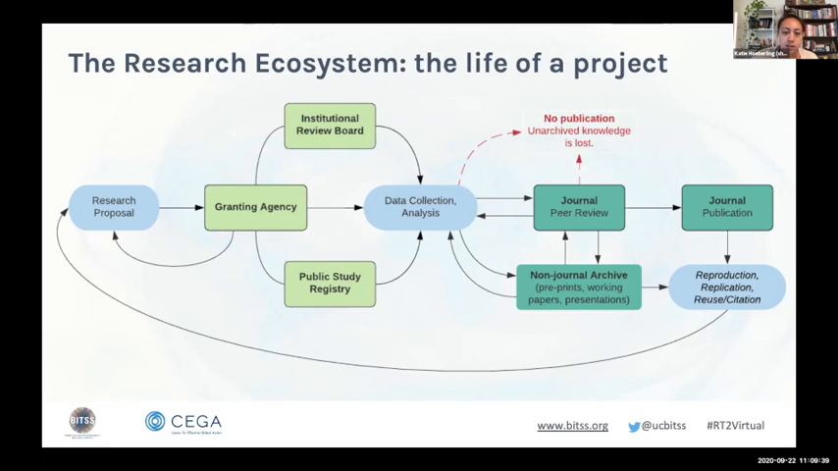So this is a visualization of the life of one research project. It starts out on the left with a proposal. You're sending a proposal to a donor or granting agency. If you are collecting human subjects data, you're also trying to get your protocol approved by your IRB. Hopefully you're registering your study in a registry. The order of those things might differ, but in general, those happen ideally before you start collecting